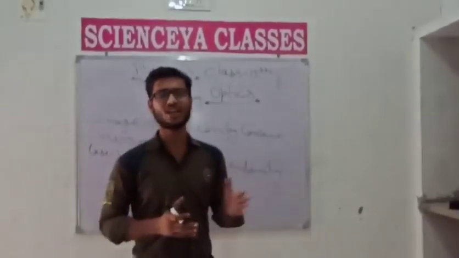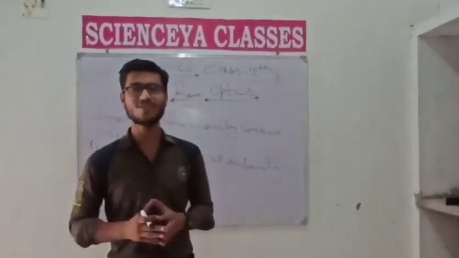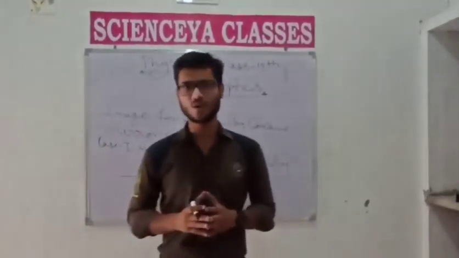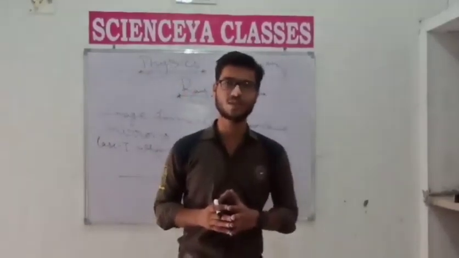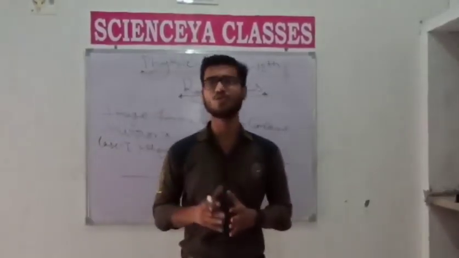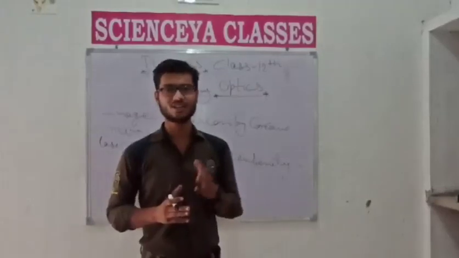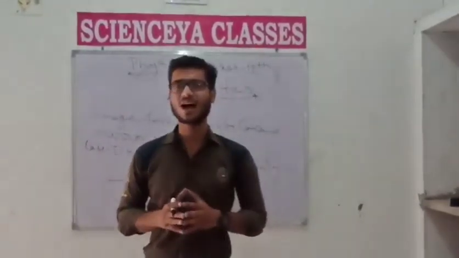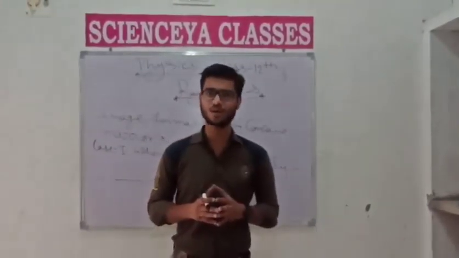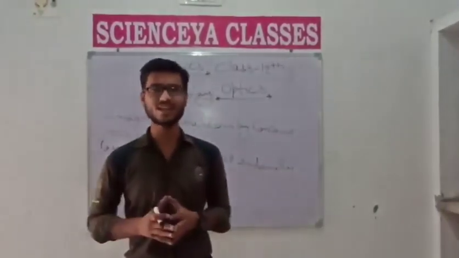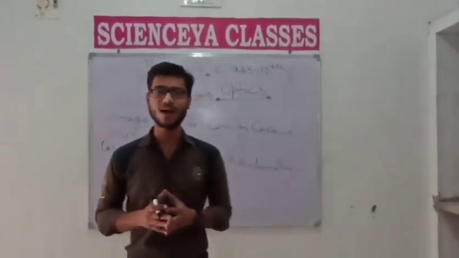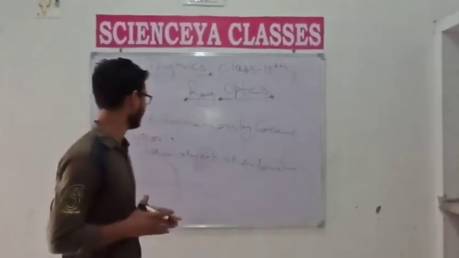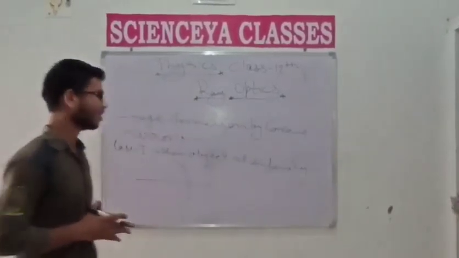So students, in the continuing series of spherical mirror, we discussed that there are two types of spherical mirror. The first one is concave mirror and the second one is convex mirror. According to your CBSE and RBSE board syllabus, the concave mirror is most useful because dentist mirrors and car headlights are generally made by the concave mirror. And simply, a mirror is formed by polished glass from one side. So students, we are discussing here image formation by concave mirror.